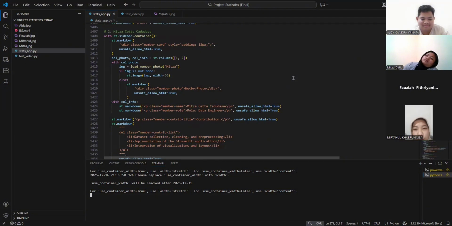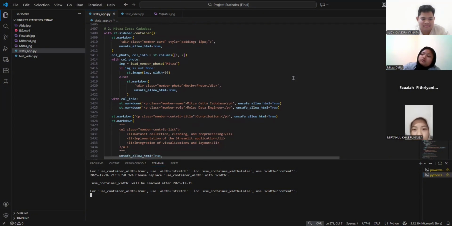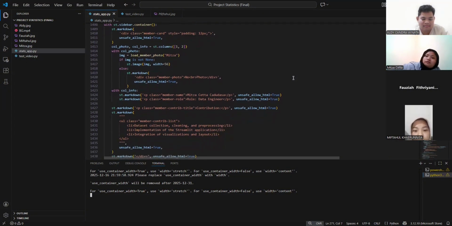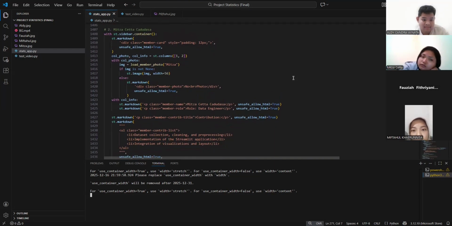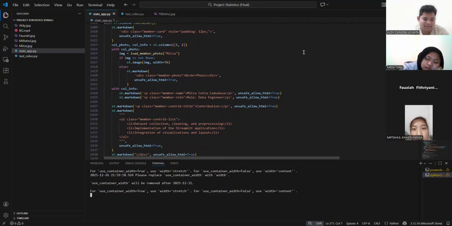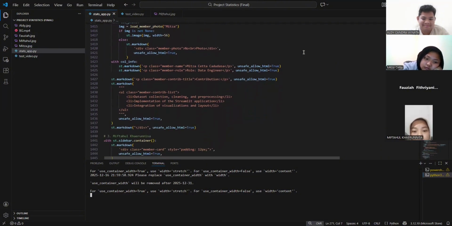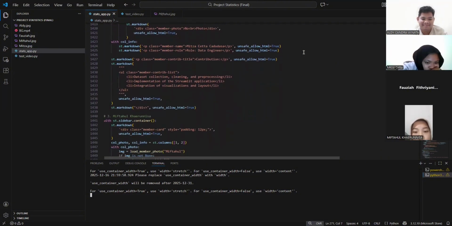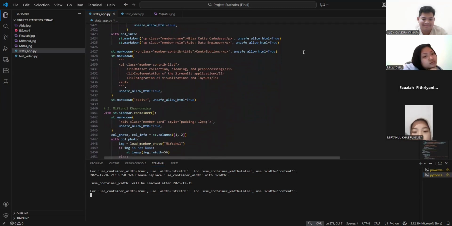Row 1401 to 1410 is the main header. Row 1412 to 1470 is the sidebar navigation plus group members.